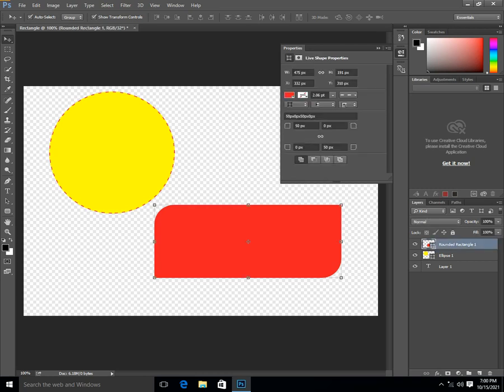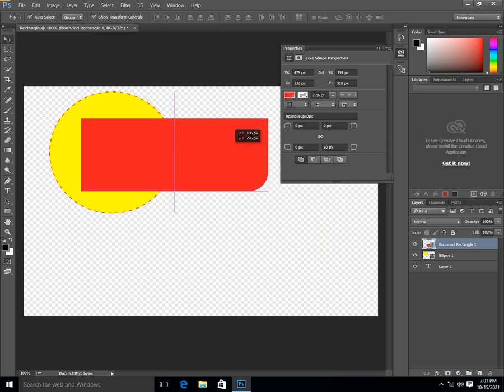More settings on this. If we want to see again 0, press the OK button. This will set everywhere to 0, and this will show 50 pixels. You can set according to your requirement, according to your demand, according to your need. These are the basic settings of these properties. You will mostly need these.